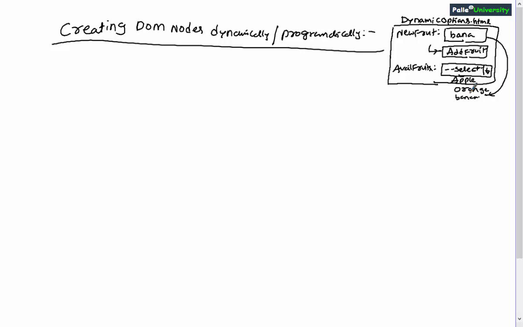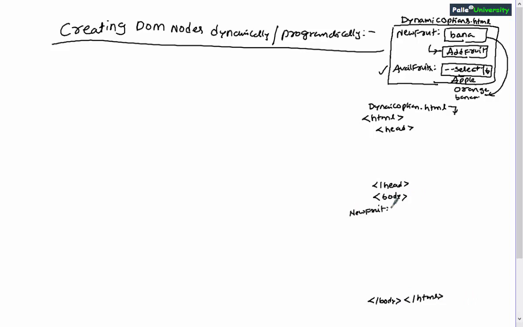So before explaining the actual concept, first of all, for my explanation convenience, I must show the required HTML for generating the UI like this. Let me show you the required HTML. So definitely in the dynamicoption.html page, we must write HTML and head tags, and next body tag and end of HTML tag, and inside the body tag obviously new fruit colon for getting this, and input type text, ID is equals to tbnf, is required for creating this text box.